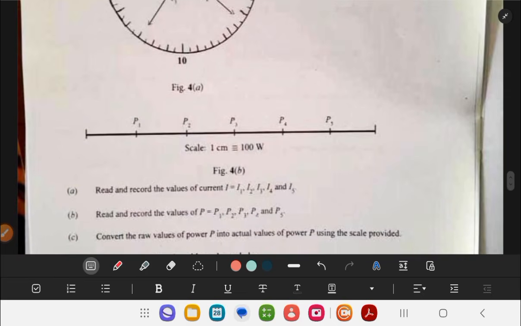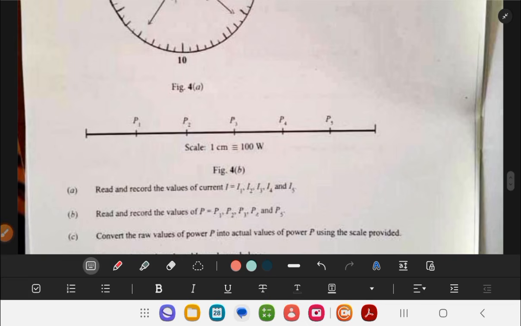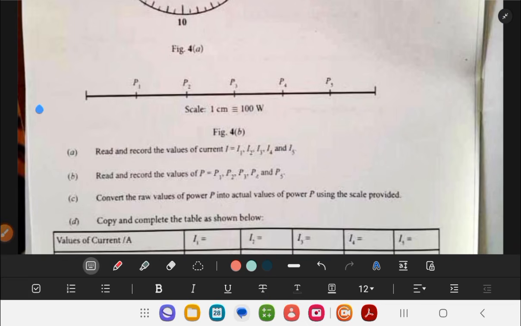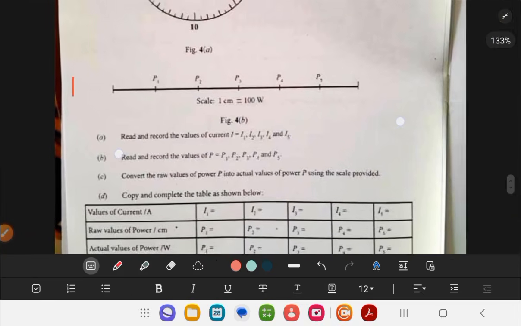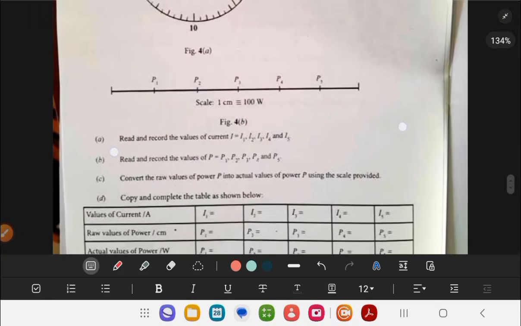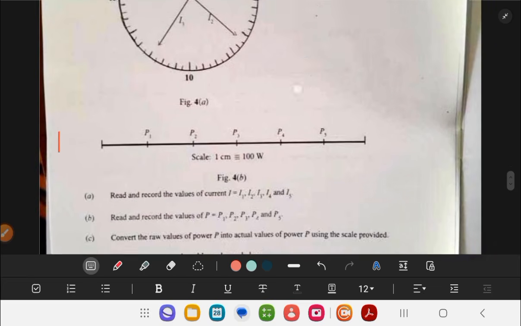With the current, I can help you out, but with the power, since it's on my screen, I can zoom in, I can zoom out, so I might not get the right dimension for you. So you would have to get questions and so on back. I can go through with you,